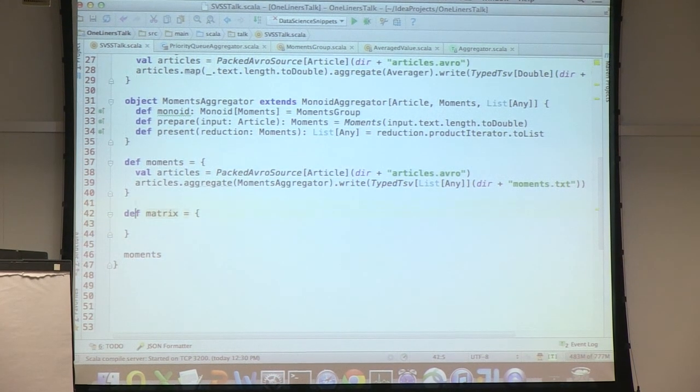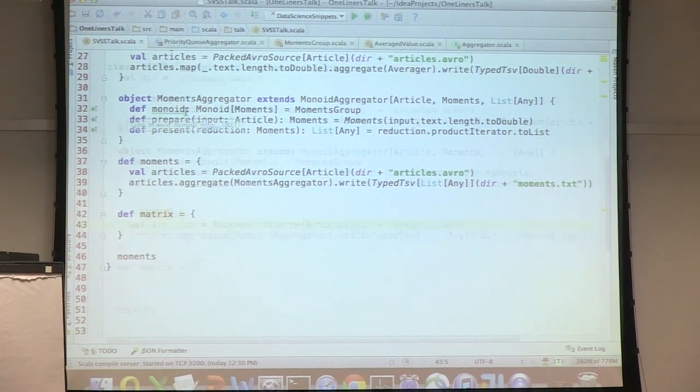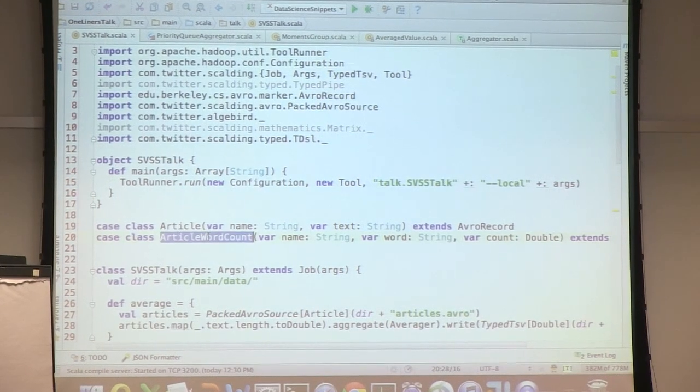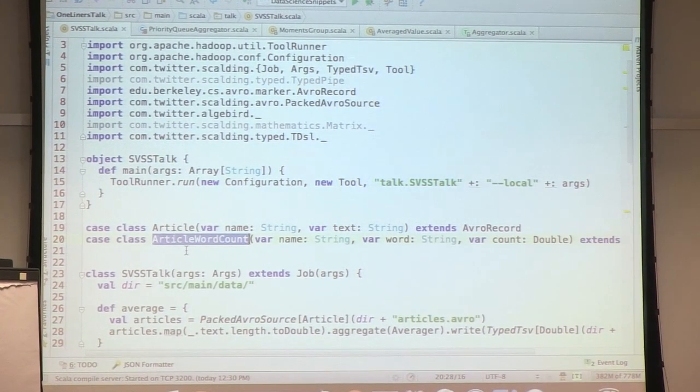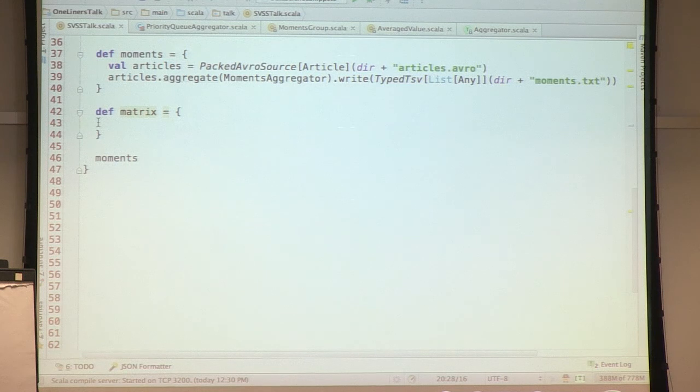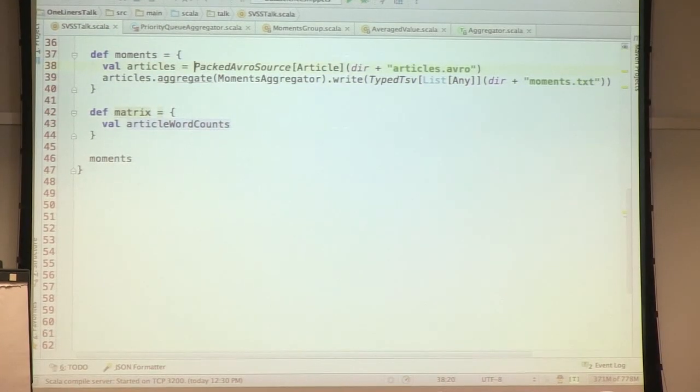We have the article word count class here that we used, so we can use it here.